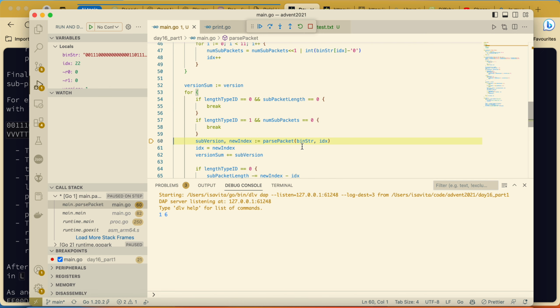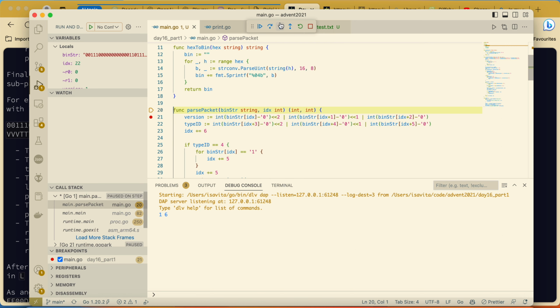Okay, if we go through, we go in this and we check what on earth is that. That's version 6. What's the type of that? The type is 4, which is the literal.